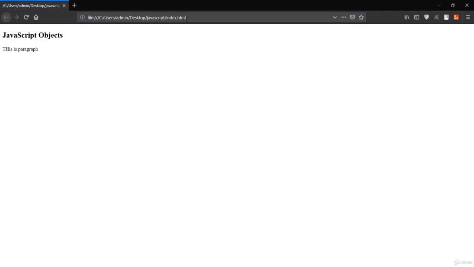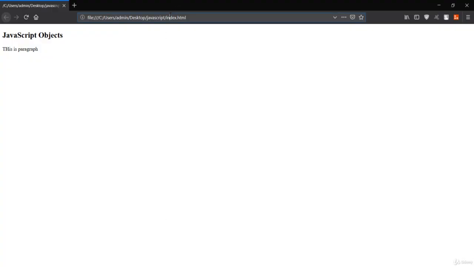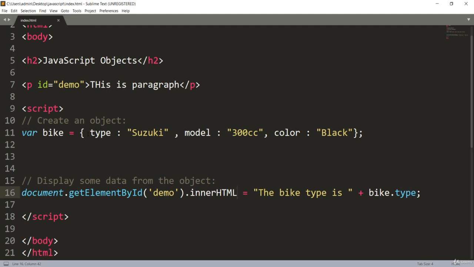Let me refresh this. Then you have, this is the paragraph. So something is happening over here. I see that this L is small over here. So let me save this, go back, and you'll see the bike type is Suzuki. So we have created our own object, which is the bike object.